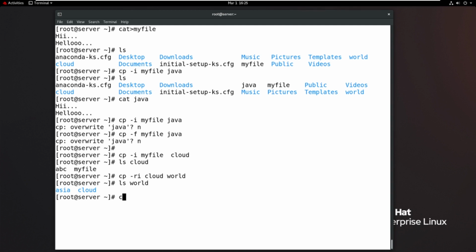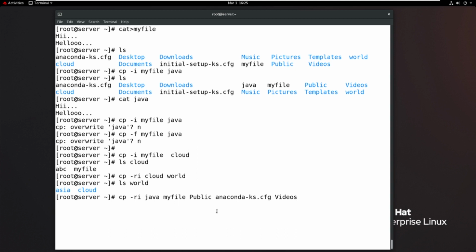But when will you write cp space -ri? Sir, I want to copy files like java, my file, public, and anaconda-ks.cfg, and my target is a directory.